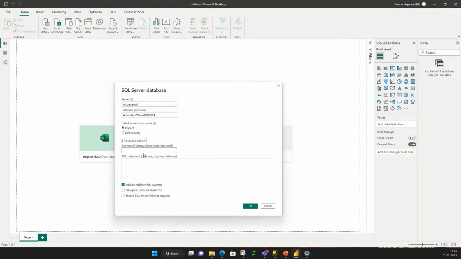Before we do, I also want to show you this advanced option, where you can write SQL queries. If you don't want to go with the default way of connecting, you can write your own SQL queries and import the data. So let's go with import mode. Once I click on OK,